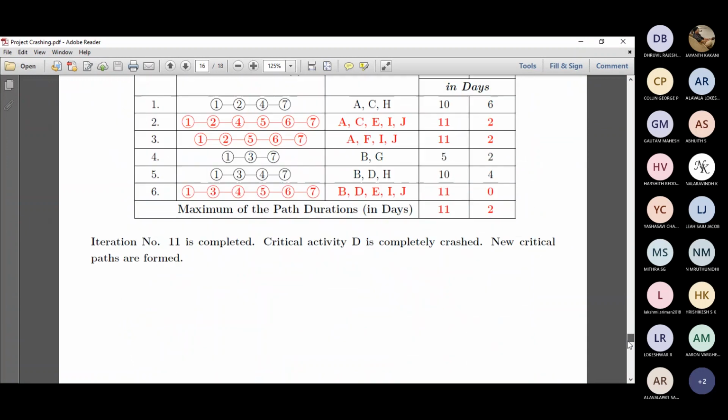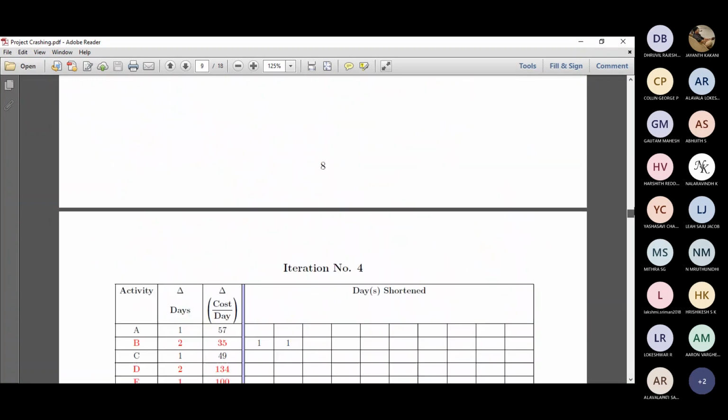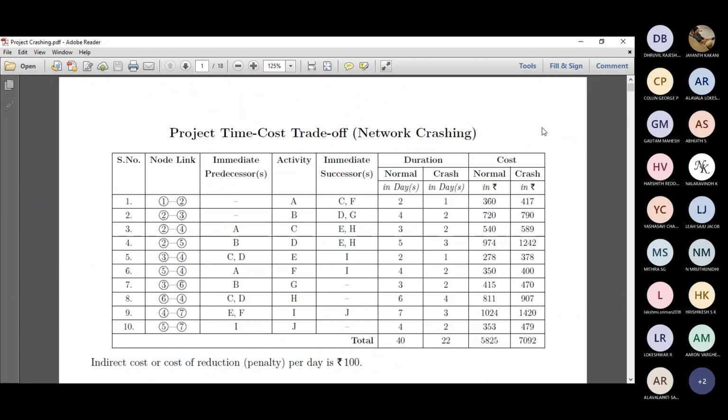So this is the typical crashing. It will be very difficult for you to only look into this from a theoretical perspective. If you take a look at this and try solving this on your own, then you understand the implications of this, right? So I have uploaded this in the Google Drive. You can take a look at it whenever you're free. Practice this, or you can even take some online material on time cost trade-off. They might have some confusing methods. You can also practice that. There's nothing wrong. But you will really appreciate this particular table view approach, which is very clean and straightforward, and making a mistake will be very less, something like that.